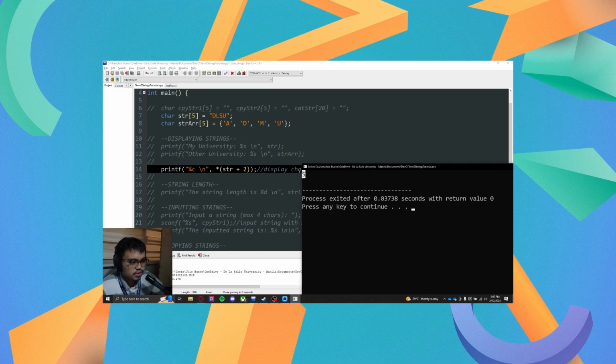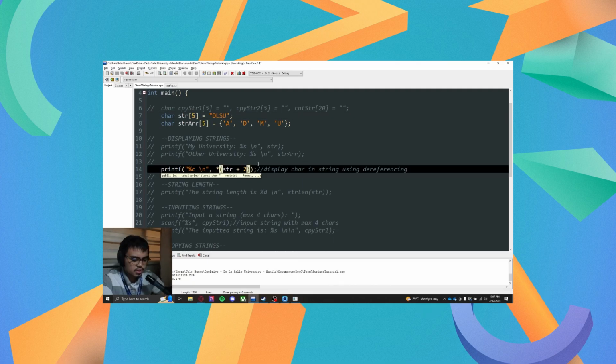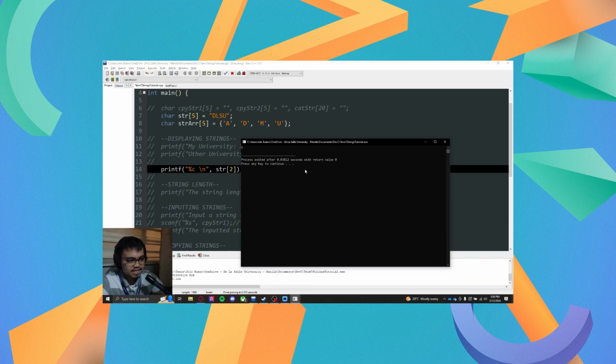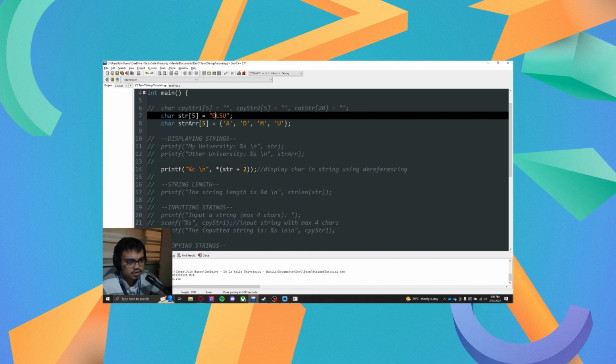So the third character of str is s, and we can check it here. So 1, 2, 3, as it is. Something a bit more intuitive would be this, and it will still yield the same result, s. And that's just because when you're using the string name or the array name of an array, it returns the address of the first character of that array. In this case,